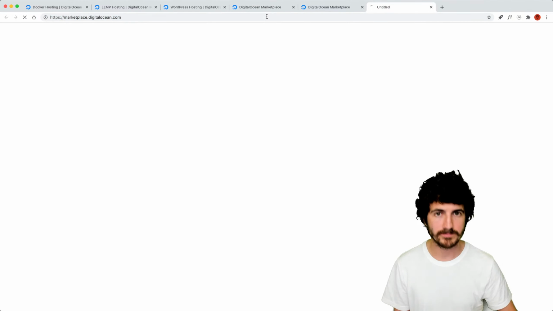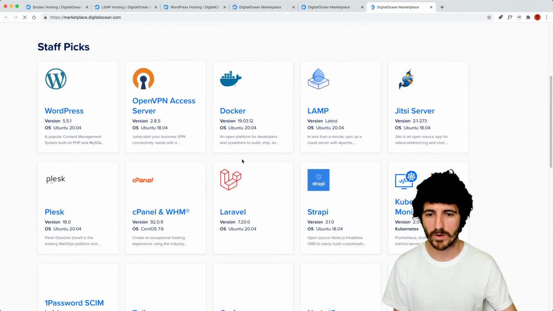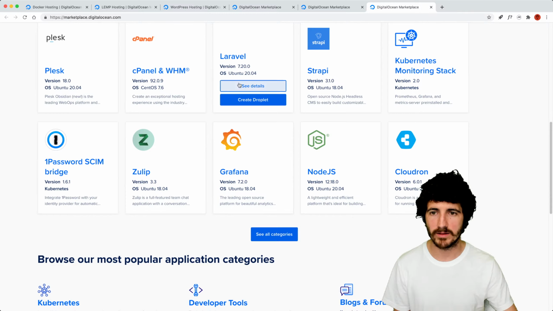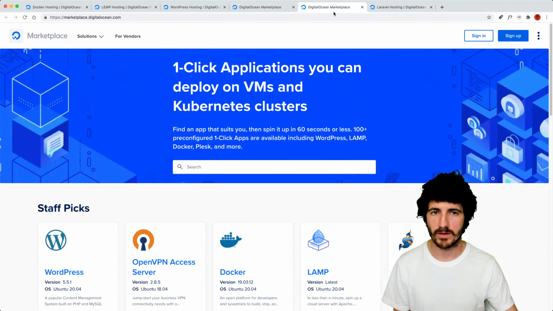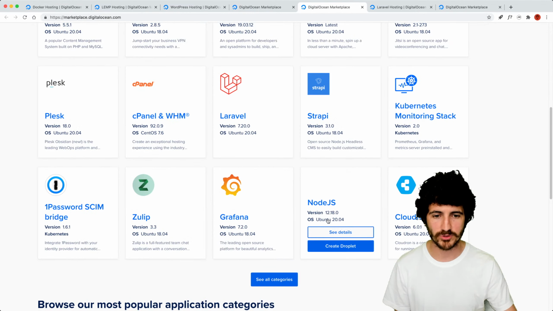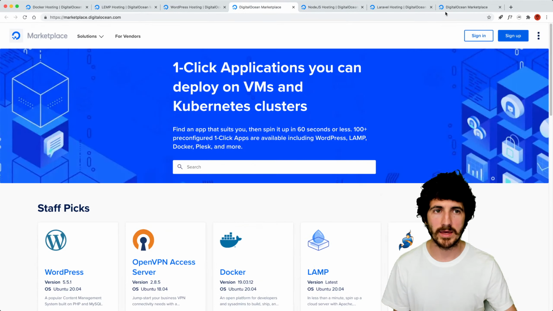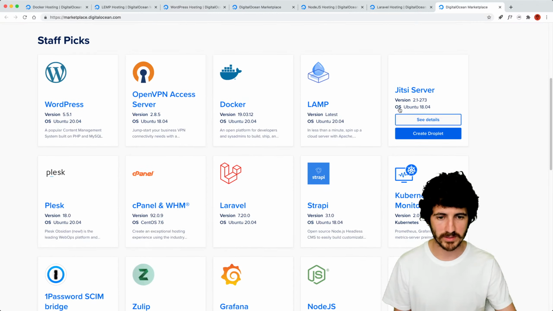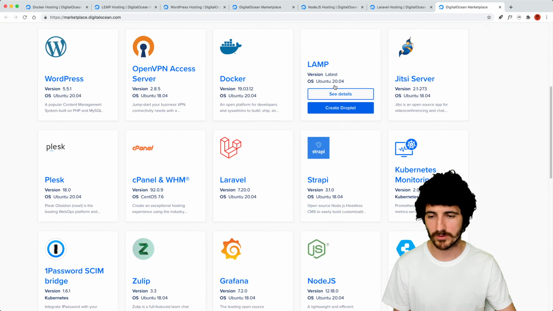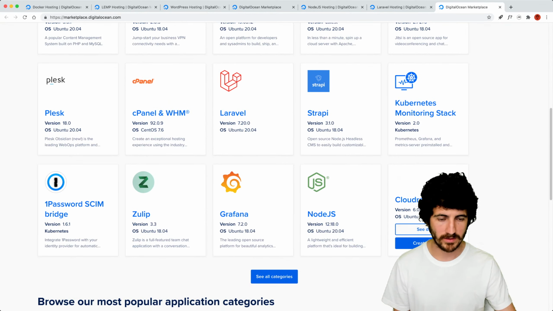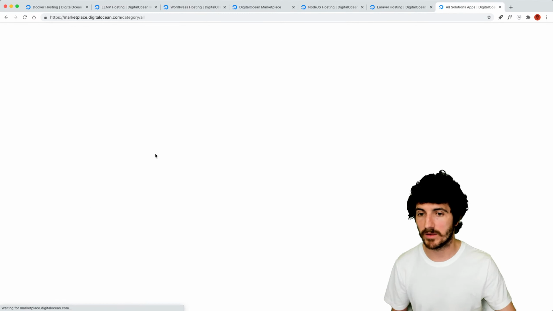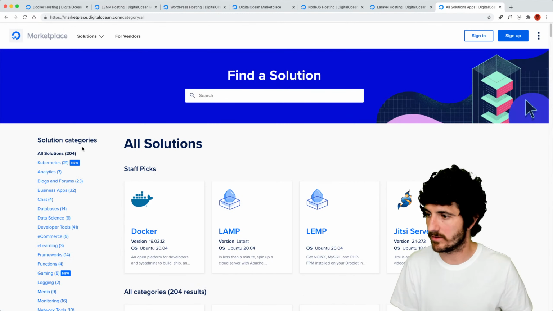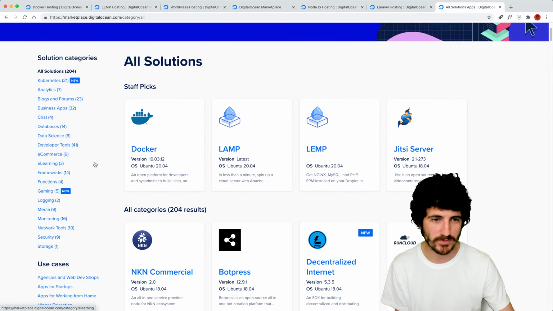I've never tried that one. I'm going to try one with Laravel. Node.js for sure. And I'm going to take a look to see if there's anything else that we can try. LAMP, I'm going to try LAMP. We're going to try LEMP. All right. And if there's anything that you're curious about, let me know in the comments. We can also test that one.